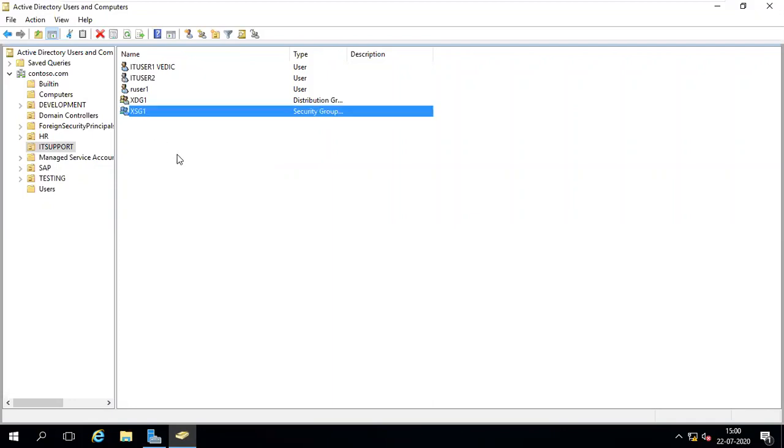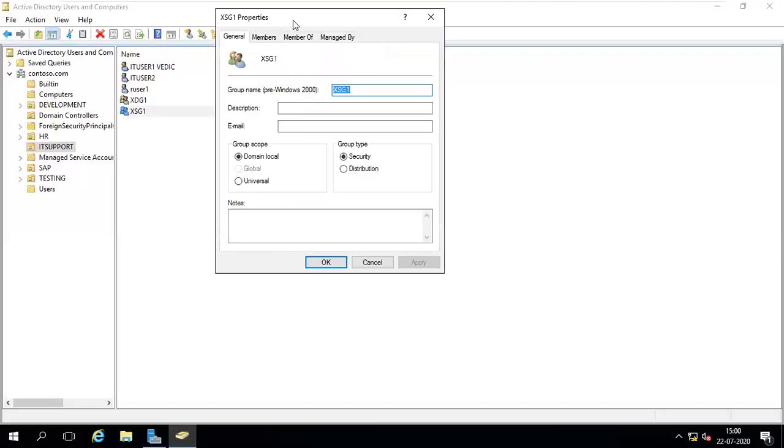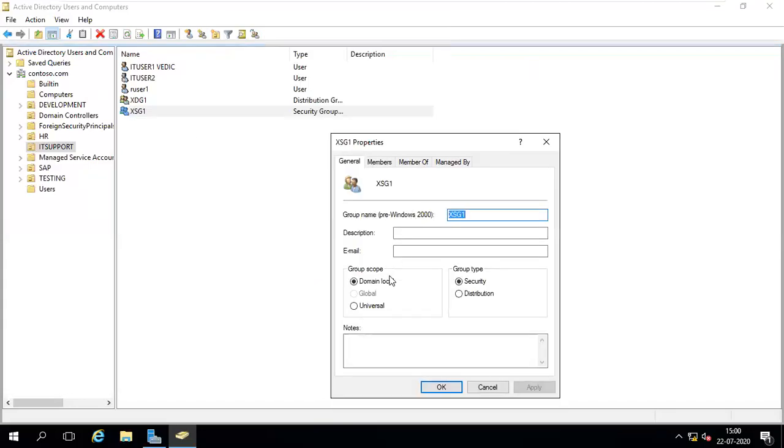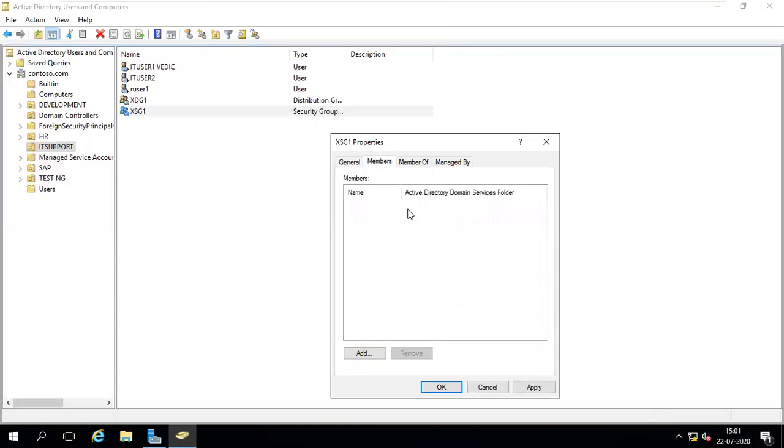I open any group, same thing. First, I open my security group. You can see this is a security group and a domain local group. Members means members of the group.